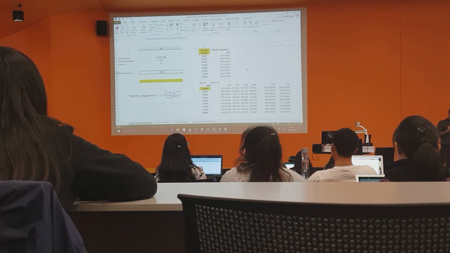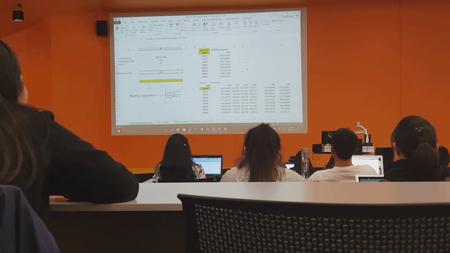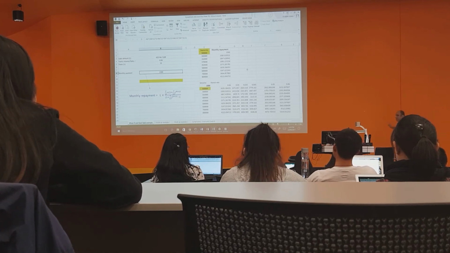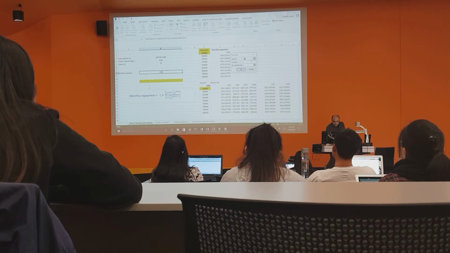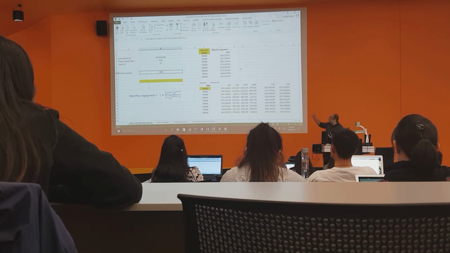It's similar to scenario analysis, but you know what you want to see and you don't want to manually change all of the scenarios. It calculates the value you want based on the changing. For example, if you go again to Data, What-If Analysis, Goal Seek, say I want this cell to be $5,000, I can afford to pay $5,000 per month. What is my loan amount? See, it starts changing until it stops. You can borrow up to